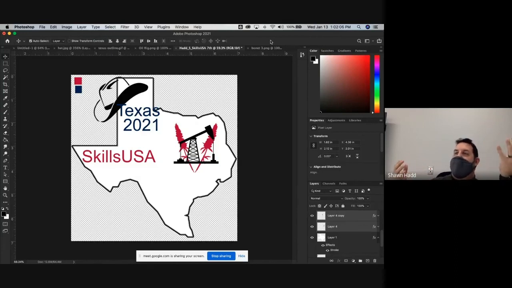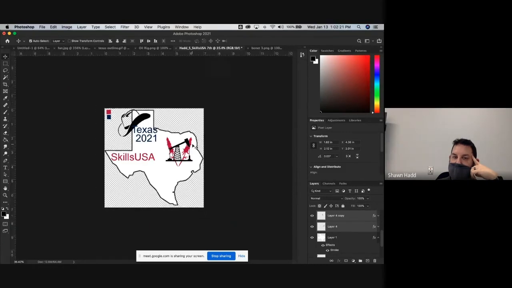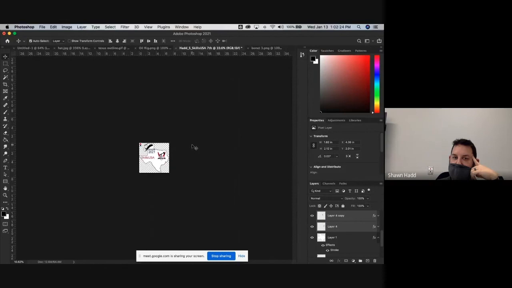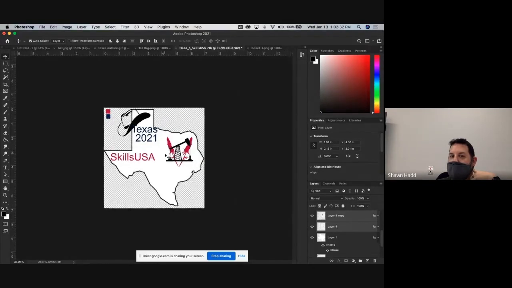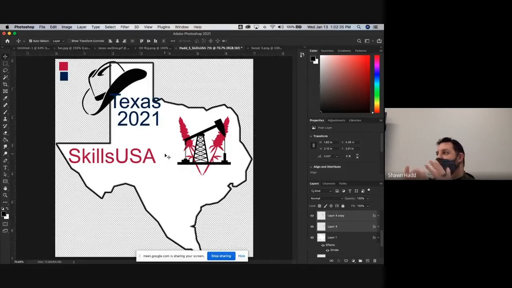When they go to manufacture these, your finished pin is only going to be 1 inch big. So you don't need a whole lot of detail. In fact, in my oil rig, if I zoom this out so that it's only 1 inch big, it's kind of hard to see the detail in it. So that's something to be thinking about as you're designing. If it's this very intricate design, you may not be able to see it once they actually manufacture the pin. To give you guys an idea on that, I'm going to